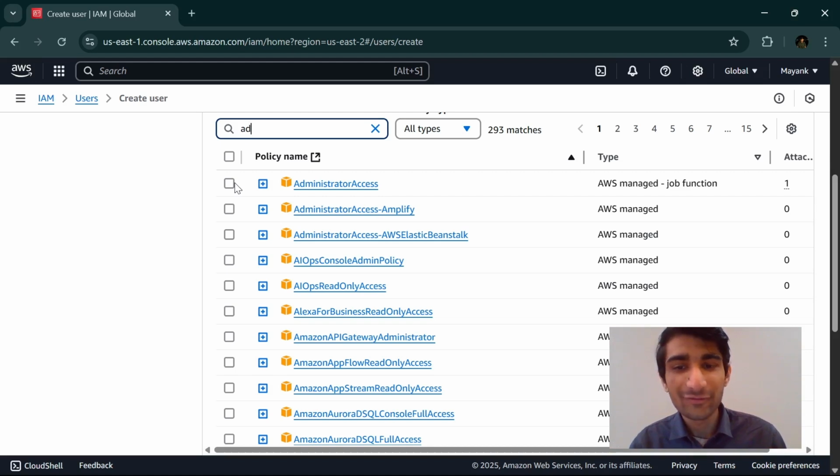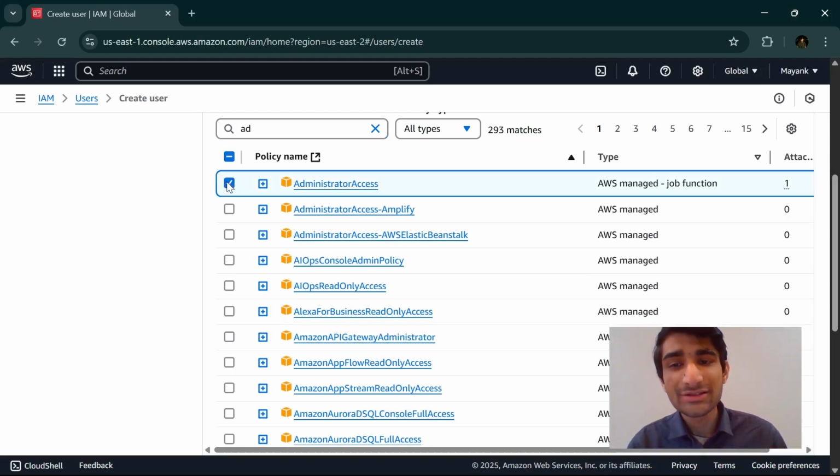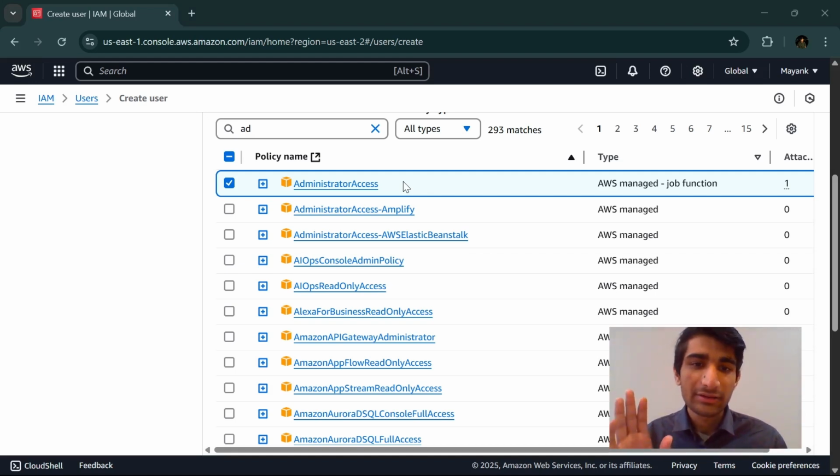So yeah, we will give the administrator access over here instead of setting up policies multiple times as per our requirements. After setting administrator access, the user can access almost everything that a root user can access. Now you might ask me a question: if we are assigning administrator access, and some hacker gets the credentials of my IAM user, he can easily access all the services on my cloud platform. You are completely right. He can access, but at the same time, you also have the right to delete your IAM user